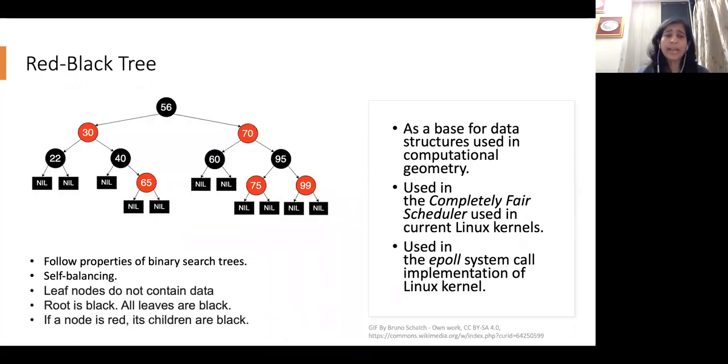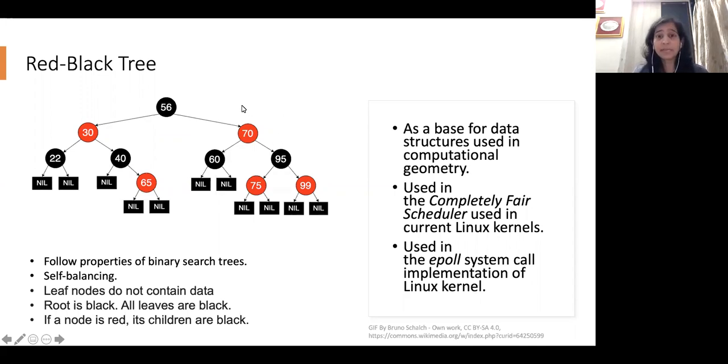The red-black tree is another binary search tree. It's self-balancing also. Leaf nodes do not contain data. Root is black, all leaves are black. And if a node is red, its children are black. I'll be very frank with you guys that I frankly didn't understand this too much.